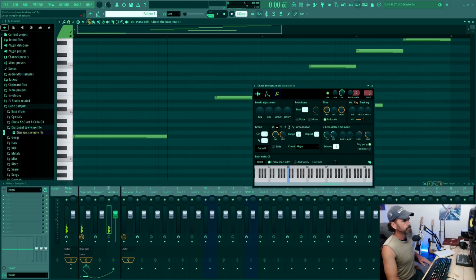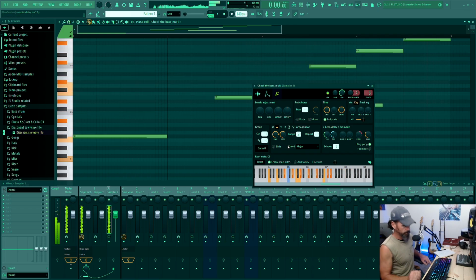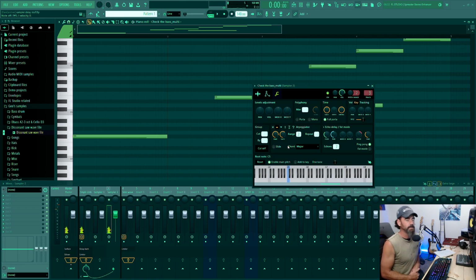And then maybe increase a couple more echoes. Maybe give some more gate times so there's a little fuller sound. So just all kinds of notes and chaos and craziness and interesting things you can do with that kind of sound. At the same time, you can keep things in time with your